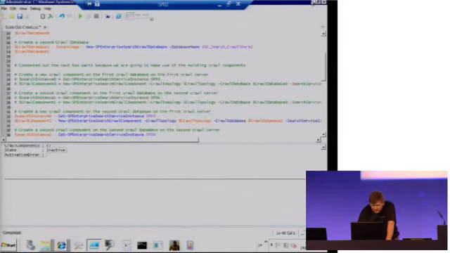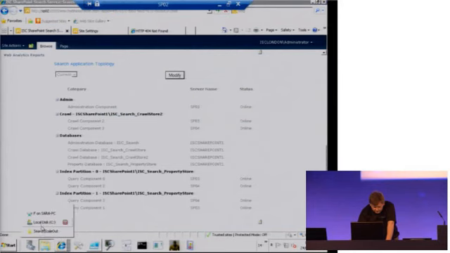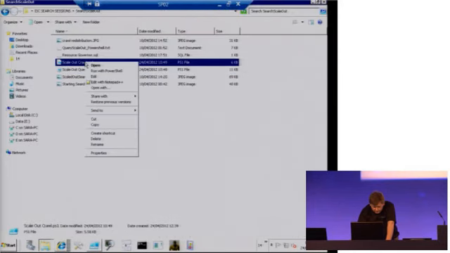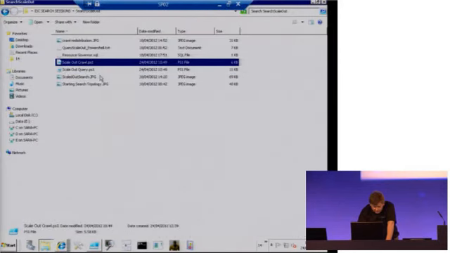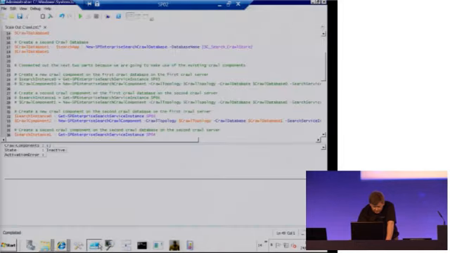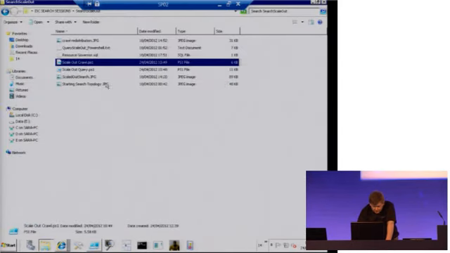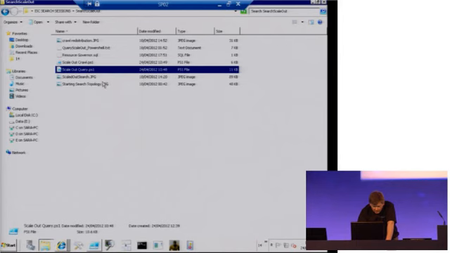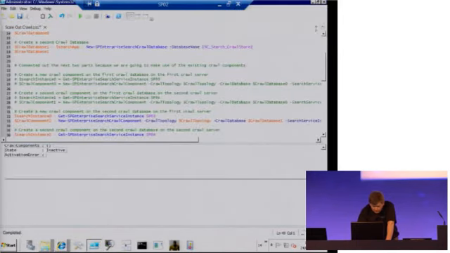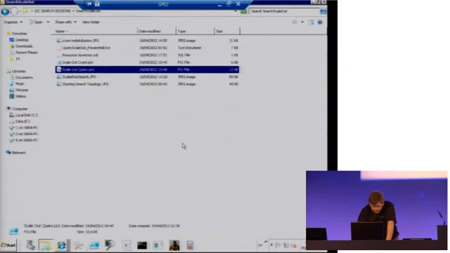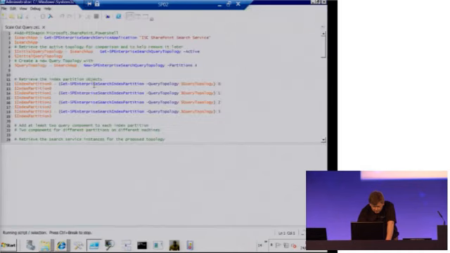If we have a look at the query side, come on. Open the right file, Neil. There we go. So on the query side,